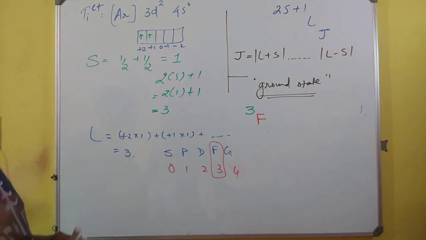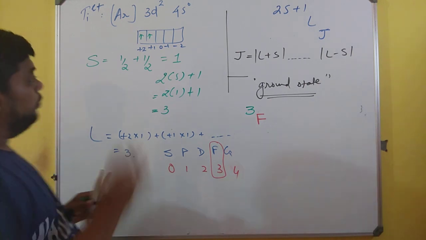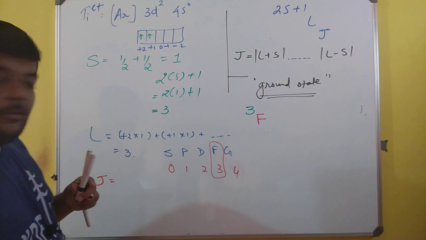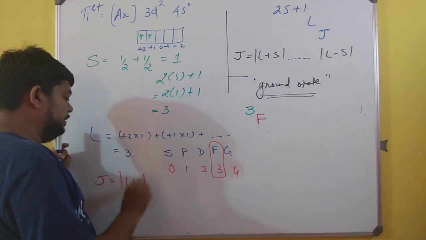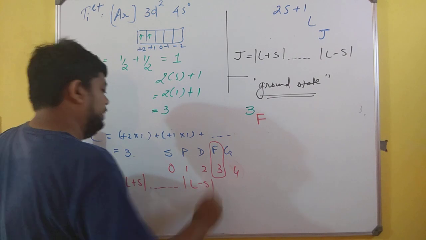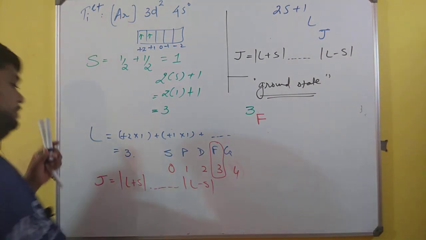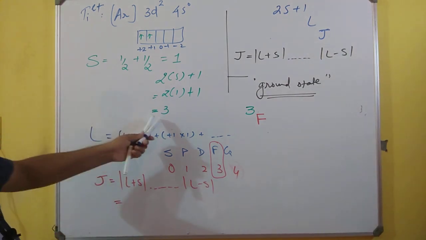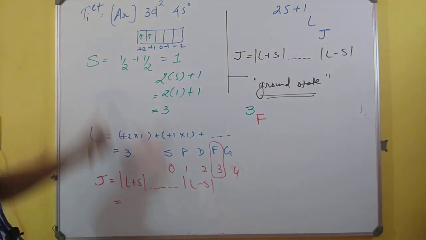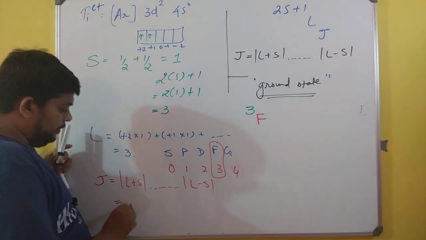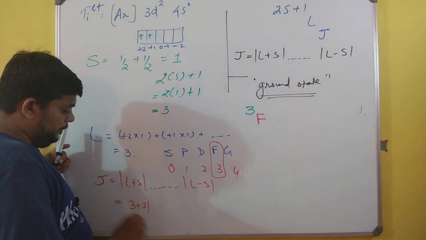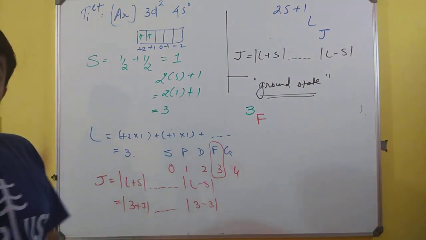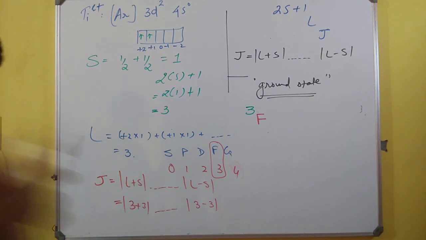Now it's very important to learn a few things. What we will do now is go for J, and while going for J we have possibilities L plus S to L minus S. See what happens now. L is 3, the value of S is 3. So I'll just write 3 plus 3, 6, up to 3 minus 3, 0. Now comes a very important thing.